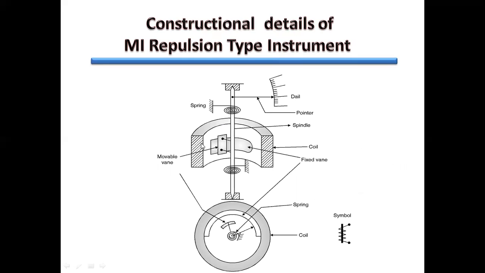Constructional details. It has a coil made up of a number of turns. Inside the coil, there is a small iron piece pasted along the periphery. We call it the fixed vane. There is a spindle, a vertical part. To both sides of the spindle, springs are attached. A pointer is attached to the spindle,